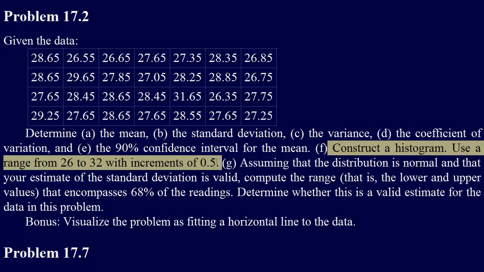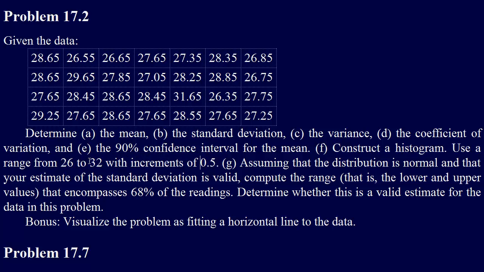Well, so when MATLAB plots out a histogram with the hist command, it centers the histogram segments on the spots that you specify. So if we're going to use increments of 0.5 and it's going to center them, then we want our first one to be centered at 26.25, so that it goes 0.25 below and 0.25 above, so then we're going from 26 to 26.5, which is where we want the first one, if that makes sense. And then the last one will be centered at 31.75,